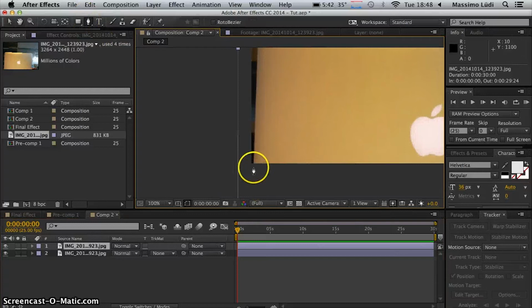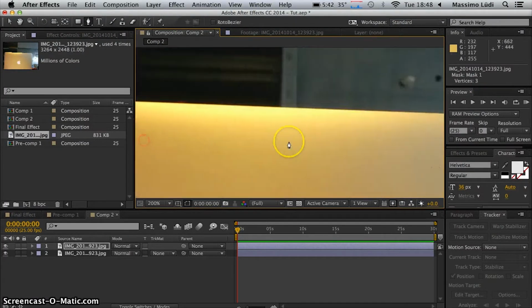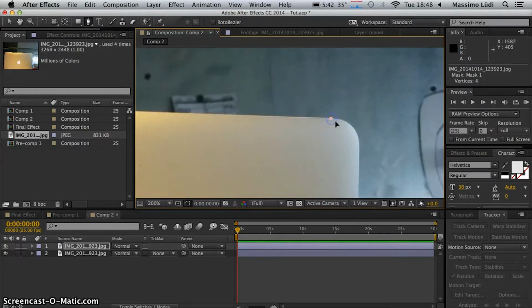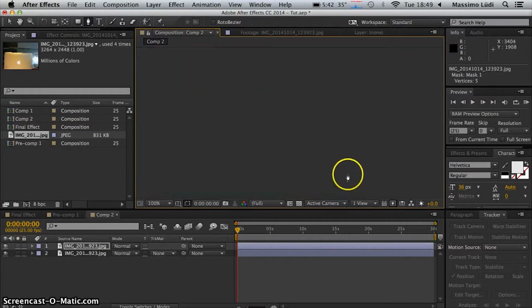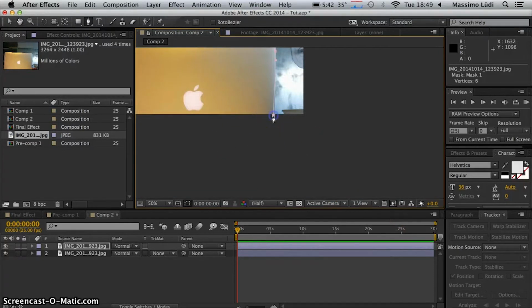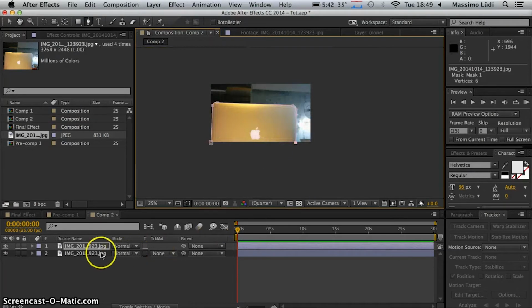Now what you're gonna do is mask out the foreground object. For mine it's just a MacBook, but you can use multiple layers. The more layers you use for depth, the better it looks 3D wise. But here I just use the shelf and the metal wall as a background and the MacBook as a foreground object. Here also it is important to just play around a little bit. You see here I masked it out, and now that you have everything masked out,